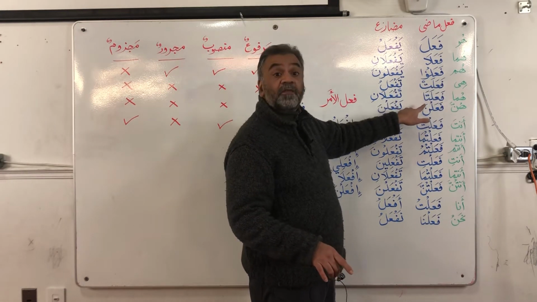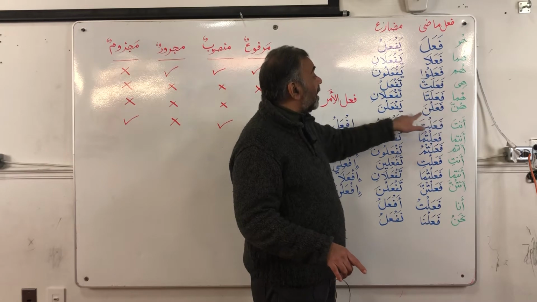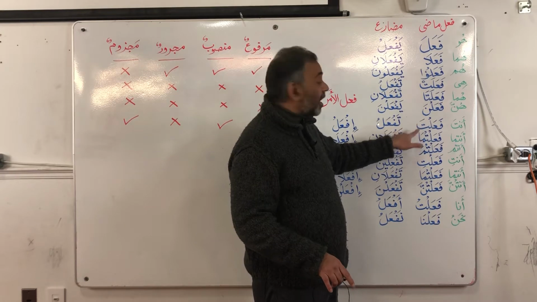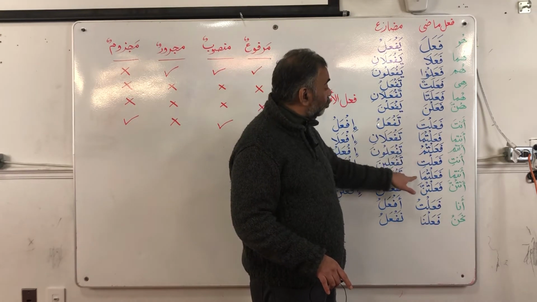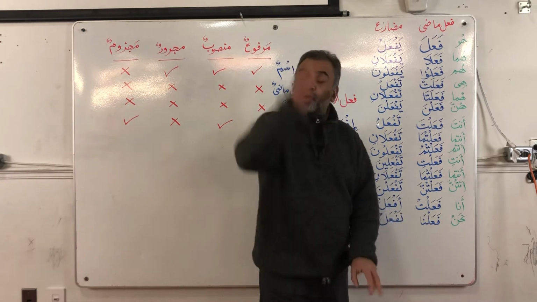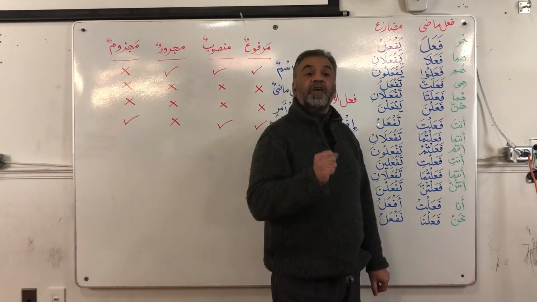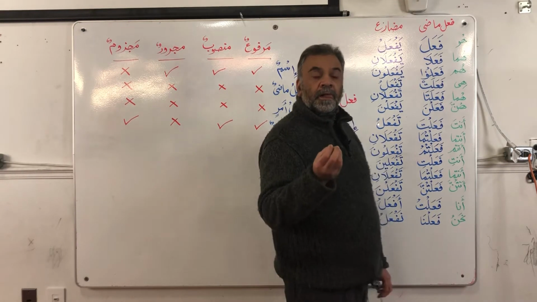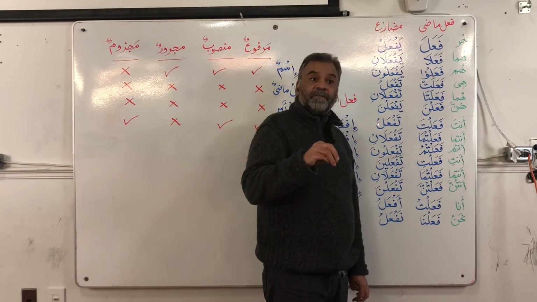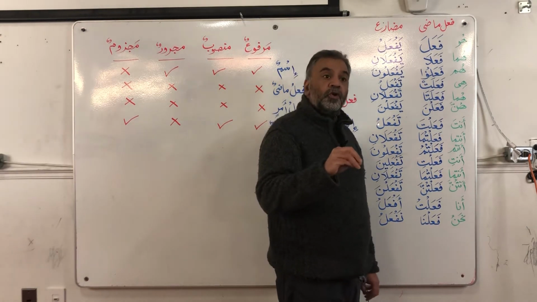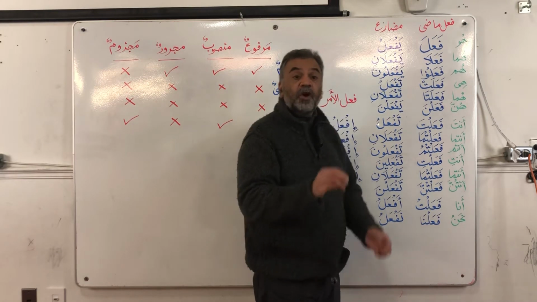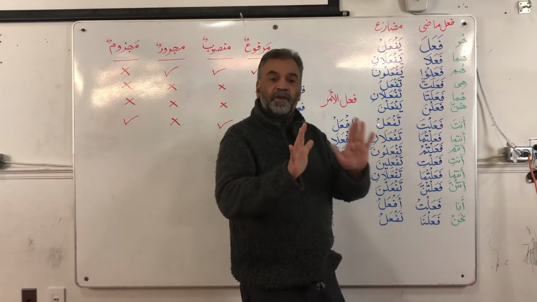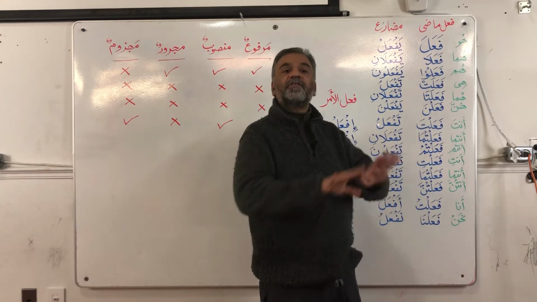Fa'alata, where is the doer of the action? Alif. Fa'alna? Na. Fa'alta? Ta. Tuma, tum, ti, tuma, tunna, tu, na. They are all the doer of the action. So, when we are reading Quran and the past tense comes, as students of Arabic, we would know who is the doer of the action, depending on if we can identify it from the past tense. Very important. We have learned this concept, but this is just revision.